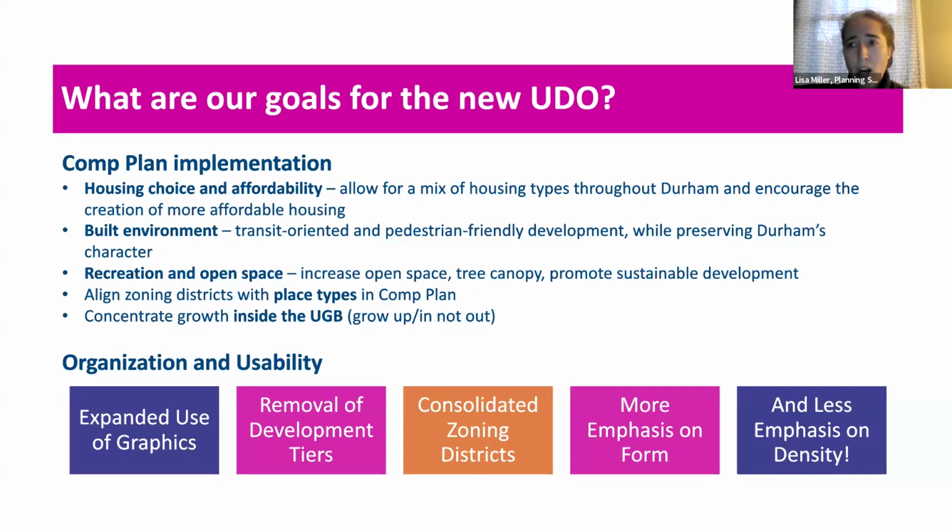The comprehensive plan also specifically talks about aligning zoning districts with place types in the comprehensive plan. The place types are essentially just a description of a future character that we want to see on different properties within the city and county. For some of those place types, we have a zoning district that's very aligned with that place type. For others, we don't have a zoning district that allows us to implement the character that's described in that place type. So we want to make sure that we are aligning the rules that we have with the vision of what we want